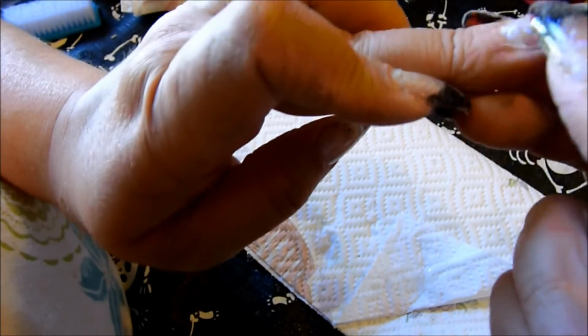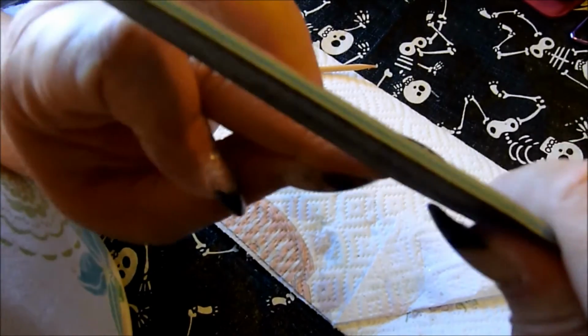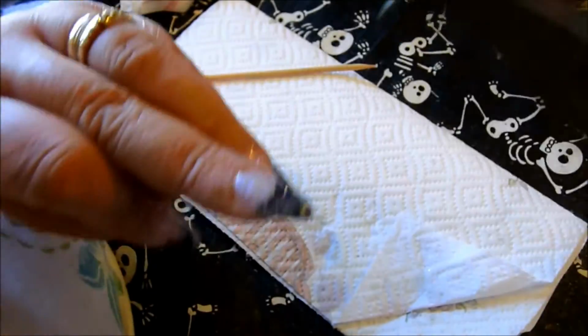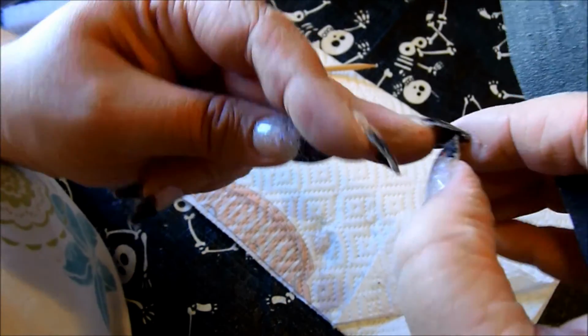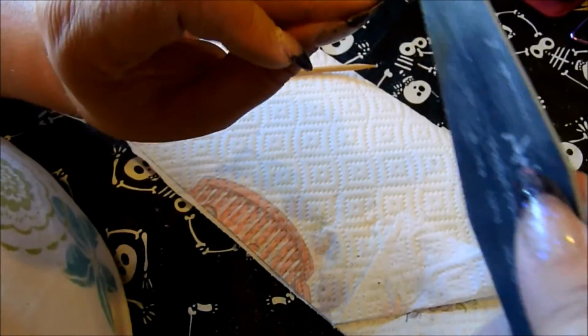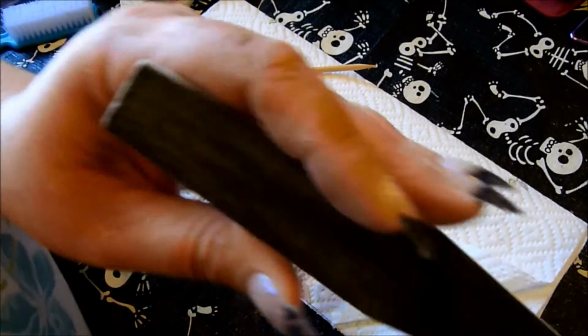So, this one, pull the excess off. It usually doesn't take too long with the dual forms, which is why they're my absolute favorite now. And I actually have better luck with dual forms than I did doing them the old way. But I'm trying a new shape today, so that's a little bit more challenging. But I think it looks kind of good, so I'm pretty happy with this look. So anyway, I'll be back once I've...